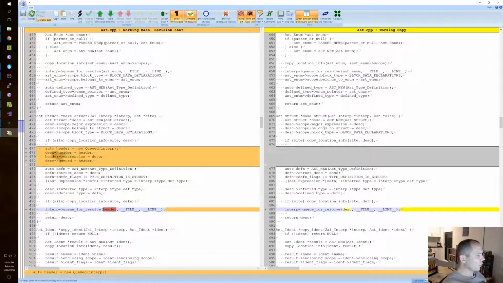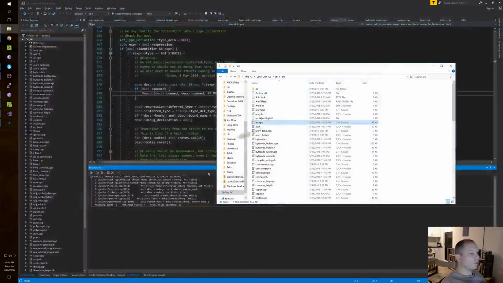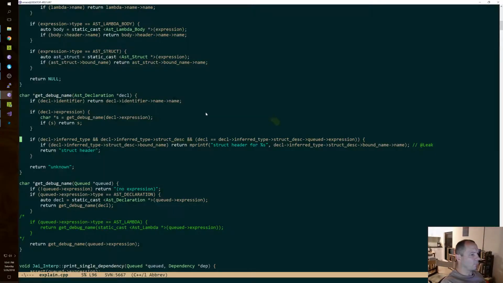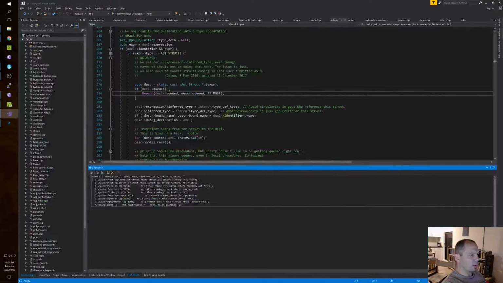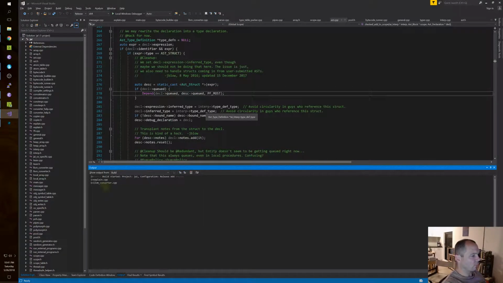Make struct, header expression equals desk. Yeah, there's no declaration. So this goes back to a really old time when we had intermediate declarations for things. That cannot happen anymore in the current compiler. Well, let's see if I screwed it up.